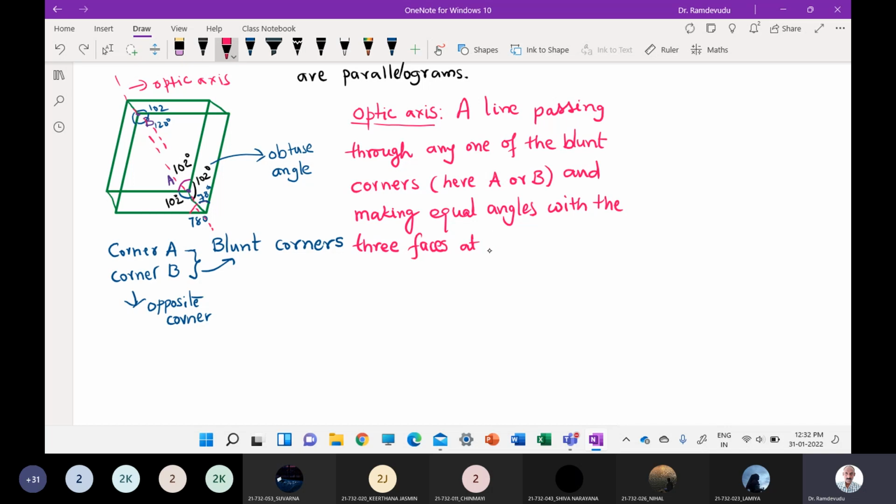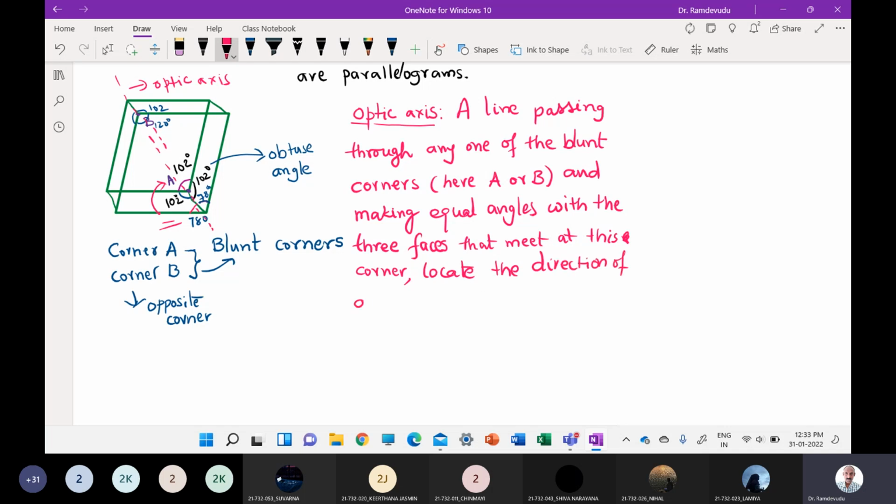that meet at these points, means at these blunt corners. We say at this corner, any one corner, therefore I can write this as simply at this corner. And this is a line passing through any one of the blunt corners A or B and making equal angles with the three faces that are meeting here, that are meeting at point A. That locates the direction of